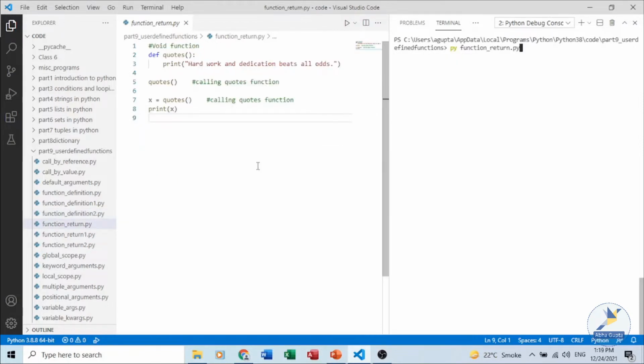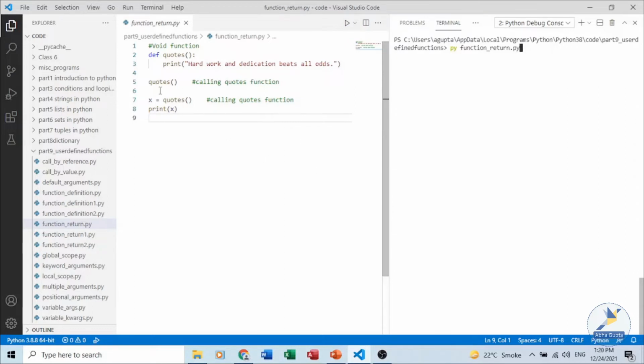A function in Python may or may not return a value. Depending on the value being returned by the function, there can be two types of function: non-void function and void function. A void function is one that does not return any value. As you could see in this program, we have a function quotes, which is not returning any value. It's simply printing a quote statement. We call the function and it will print it for us. But every void function returns a value of None to the caller. It is not printed, but if you specifically print it, you could see None.